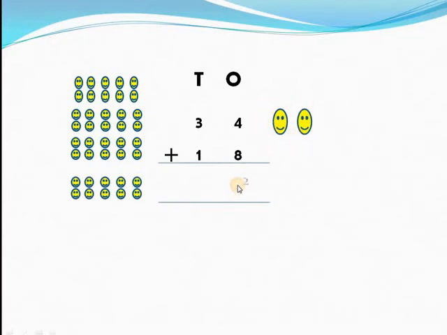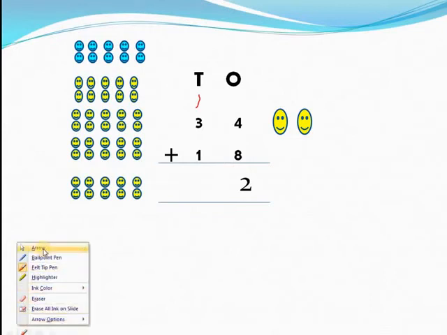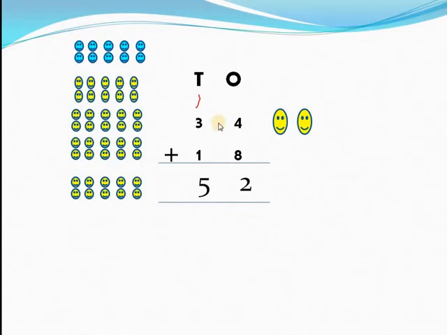So your answer in ones place is 2, and the 10 which we have taken from here has to be here in tens group. So this one group of 10 we have taken, so we are going to write here as 1. This is called carryover 1. So you are going to add 1 plus 3. 1 plus 3 makes 4. 4 plus 1 is 5. So your answer in tens place is 5. So 34 plus 18 is 52.